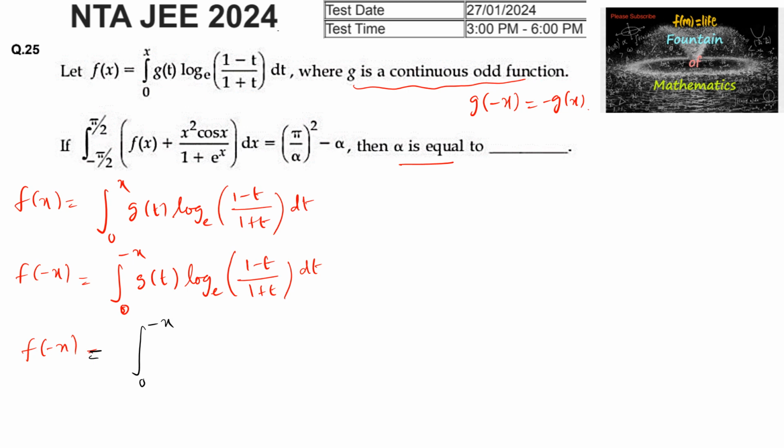Let us substitute t is equal to minus y, so that dt is equal to minus dy,